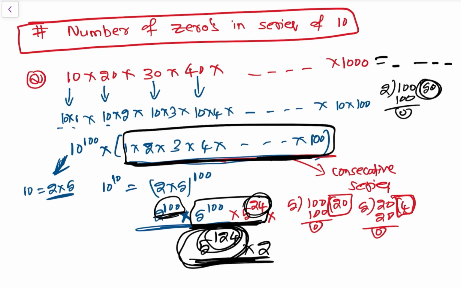So now this is what we have to remember. So for the number of zeros in a series of 10, we need to get 2 into 5s of this 10 as well, so this 10 can be written as 2 into 5, 2 into 5 to the power 100. So let's do one more question, you will get more clarity. Let's do one more question, that is 10 into 20 into 30 into so on into